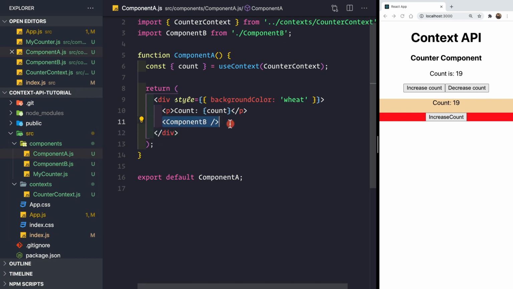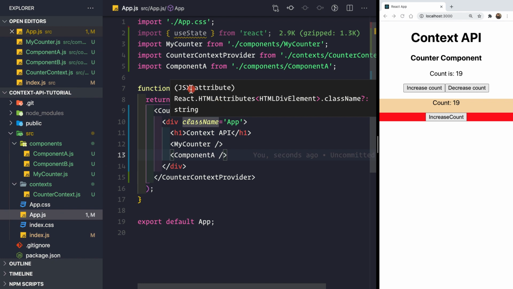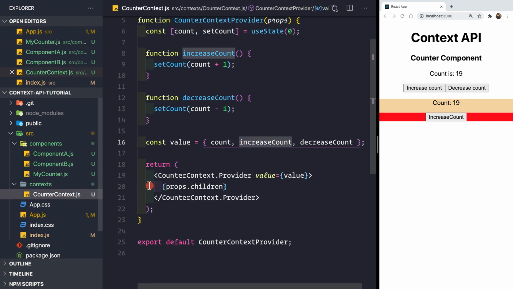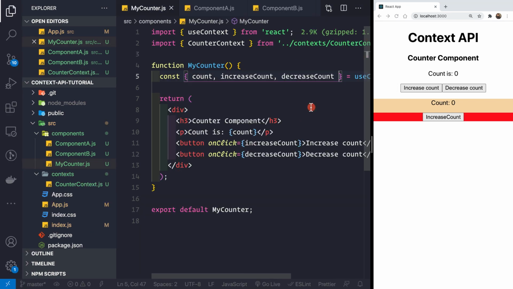As we can see here, no props have been passed, and neither from the myCounter.js file has any state been uplifted to this app.js file, but instead we are using the context API to provide a global state for our application. And now the last thing of this video, and this is a bonus of this video, that is